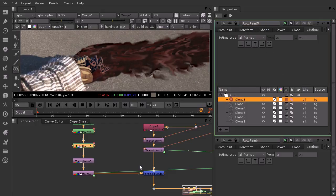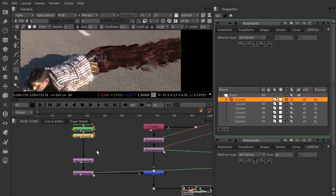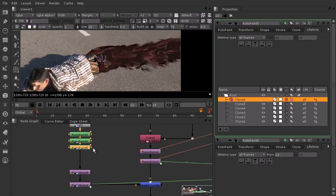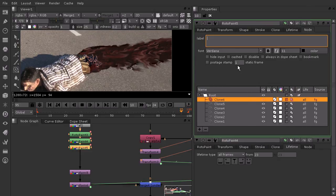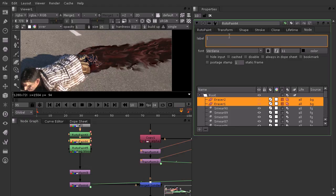Okay, so now we've got this kind of painted in, and we'll be able to use this animated as a texture in a few lessons. But first, I also want to create another RotoPaint node that we're going to use to kind of create a gush of blood at the end. So just so we're not getting confused, this RotoPaint 5, let's go into the node tab, and on the label we'll type guts drag blood. Okay, and then on 4 we'll call this one ground blood 2,